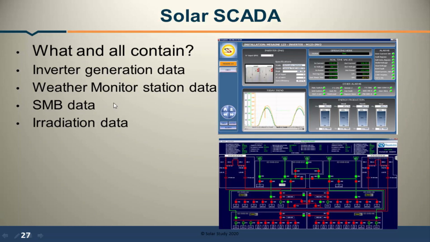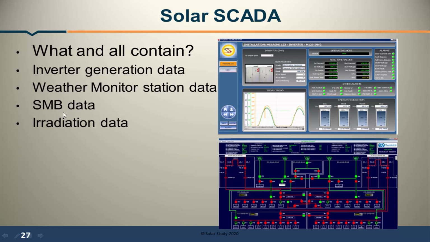Okay. And next thing is weather monitoring station data. What is that weather monitoring? There may be some weather station which is present in the solar plant. According to the weather changes, it monitors that change in weather. So it is also connected to one of the SCADA system, and it will monitor weather. And it also contains the wind. There may be some wind coming. Also we can get the wind monitoring data.